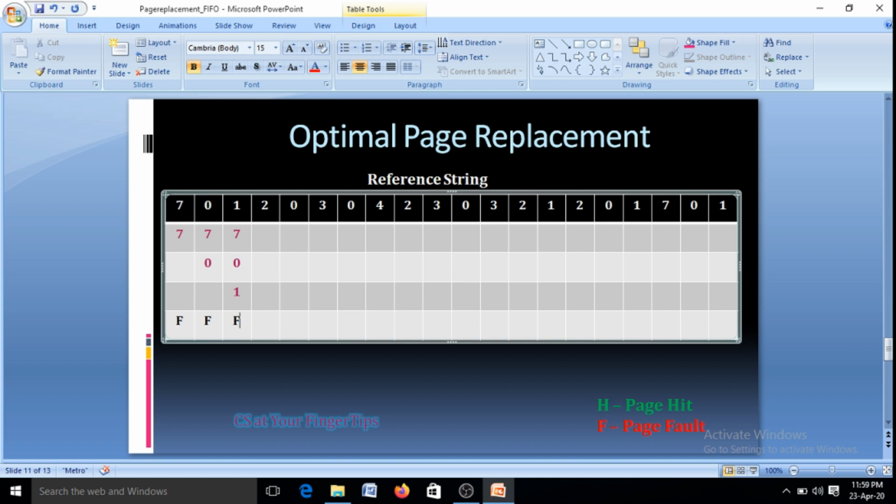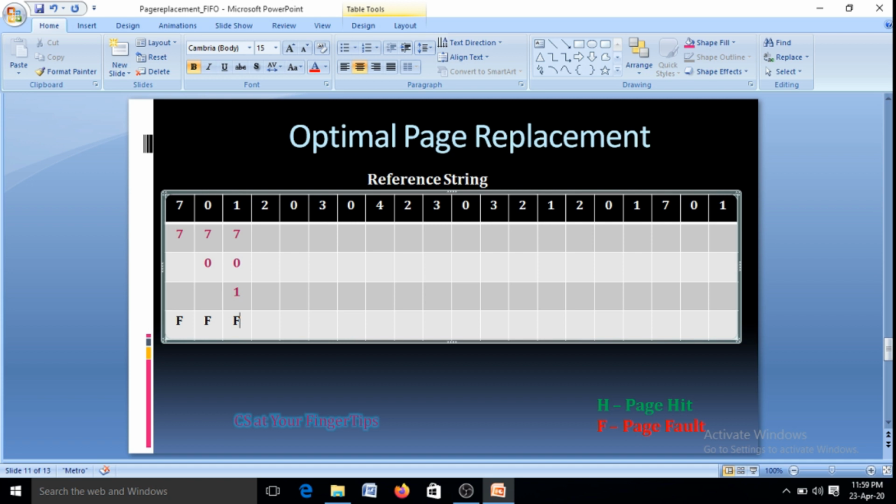As we can see, all the 3 frames in the memory are used. Therefore, the algorithm has to find a page for replacement. In the case of the optimal page replacement algorithm, it will find a page that will not be referred to for so long in the future.